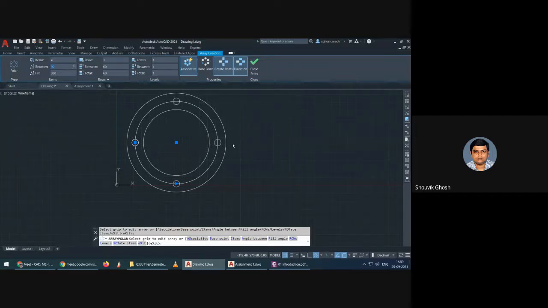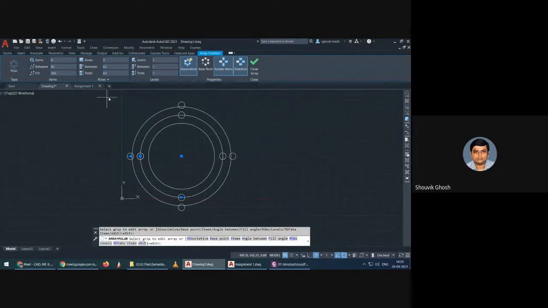Okay, again we can do this for multiple rows also, as you can see over here there are 2 rows like this. So for 2 separate specified values, if it is 50, you can see the gap 50, one on the 250 radius circle, another one on the 300.